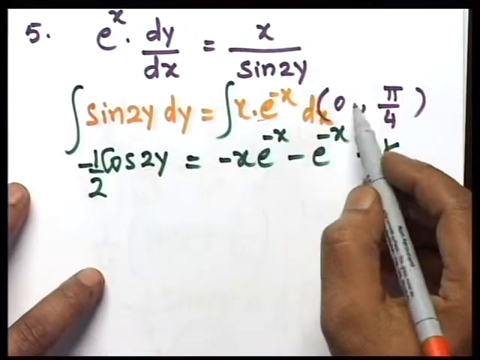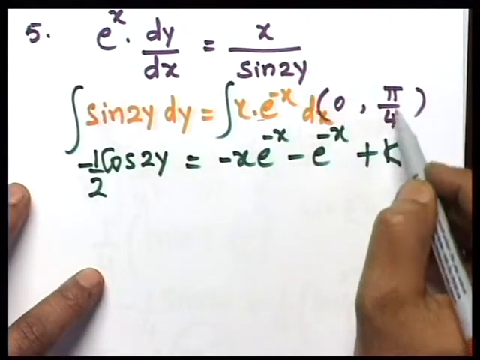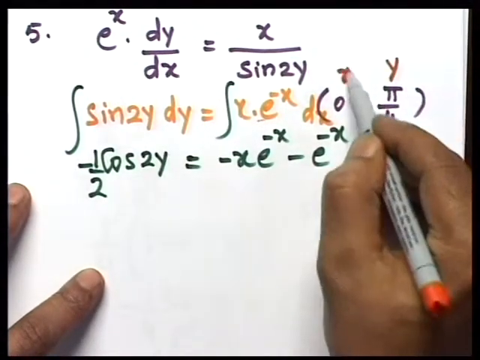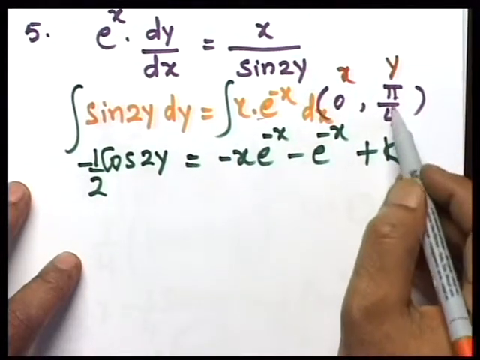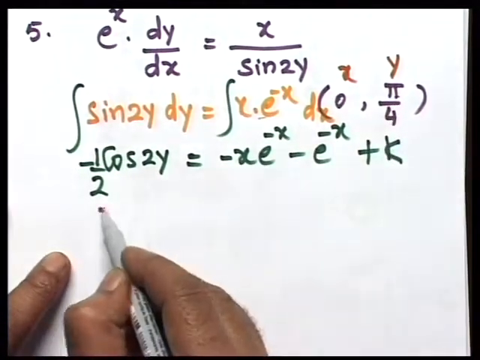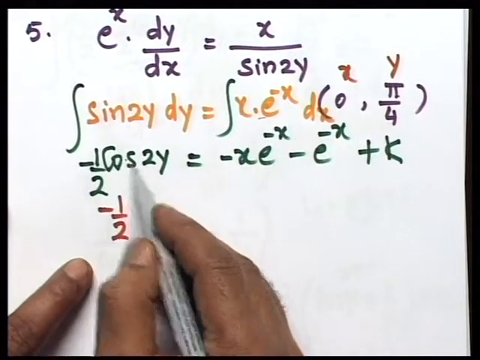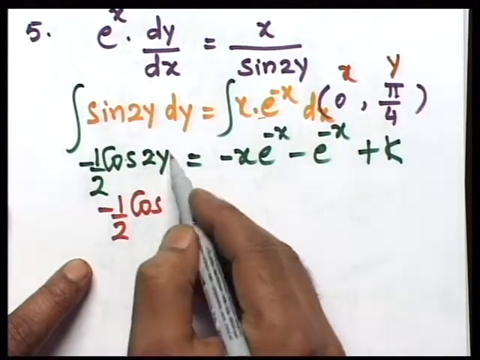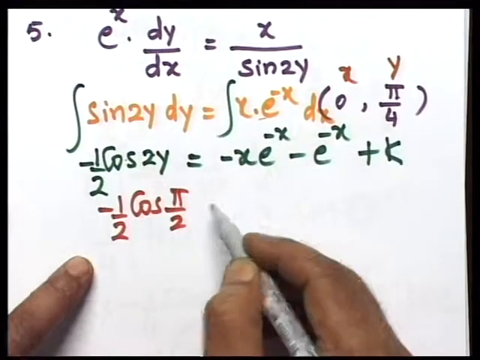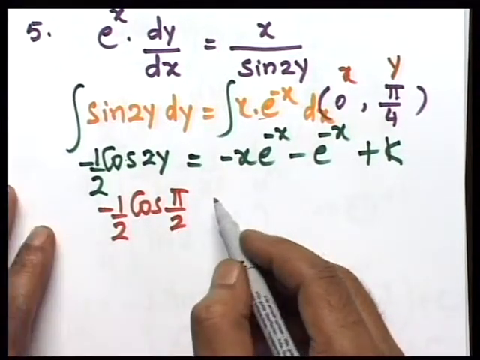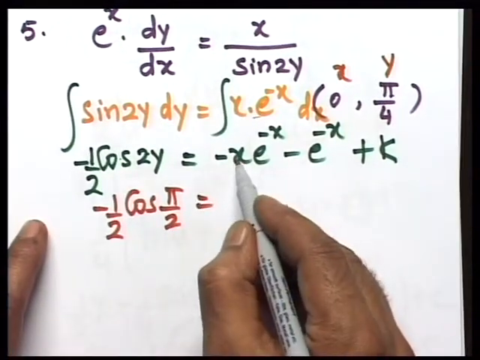Initial condition given to me as 0 and pi over 4. So that's the y value, that's the x value. Pi over 4 is 45, please. So it's minus half cos 2 times pi over 4, which is pi over 2. That's 90. Cos 90 is 0, right? And x value is